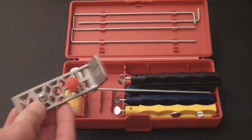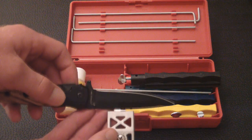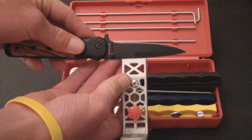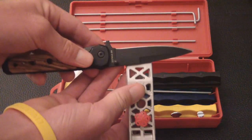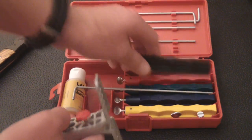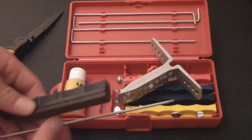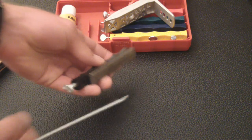Now how it works is you've got this clamp right here. On this clamp, you're going to clamp the blade of the knife. Kind of like so. You unscrew this bolt right here, stick the knife in, get it nice and straight. And the way that it works is you set up these rods here with each hone